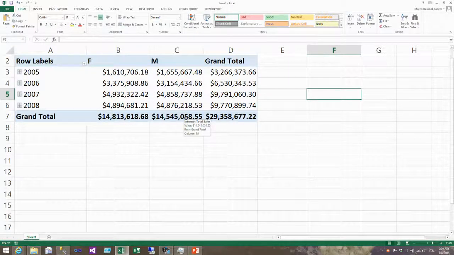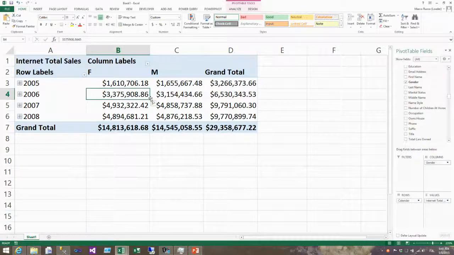I have Excel. I have a pivot table in Excel, and I'm running a query over tabular. When I run this query in tabular, I'm using Internet Total Sales, which is a measure in DAX. So I designed the measure in DAX. I probably had to optimize the measure in DAX, but the measure in DAX is run in an MDX query. And my DAX measure is slow only in this pivot table. So my first problem is to reproduce the condition where I have the slowness of the measure, because maybe I'm not able to reproduce the problem in DAX. So first, I have to retrieve the MDX query.